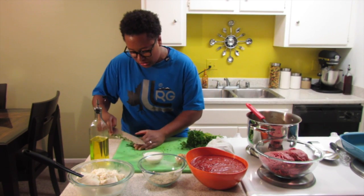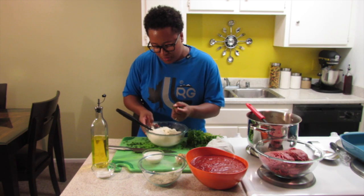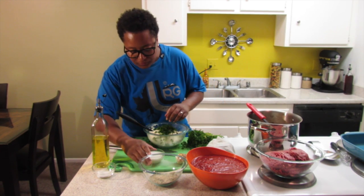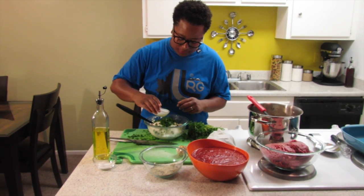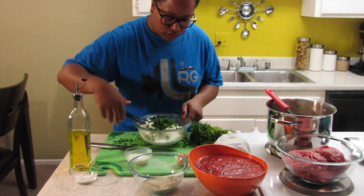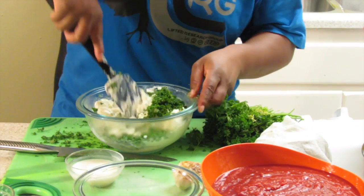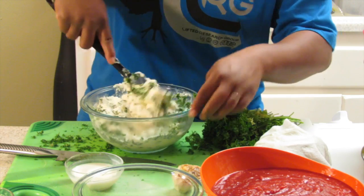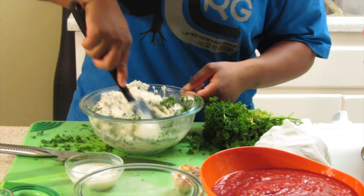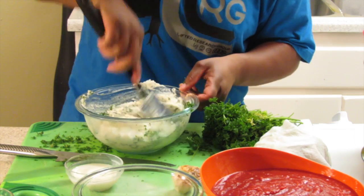So we got some Italian parsley. You can use flat leaf if you don't have it on hand at home. So we're going to throw this in here. I have 1/4 cup of milk, but I'm not going to use it all. I'm going to test it out, mix it around first, see if I need it all. I may not. I just use the milk so that way I can soften it up, work it around a little bit, get it to move in so it's not so stiff